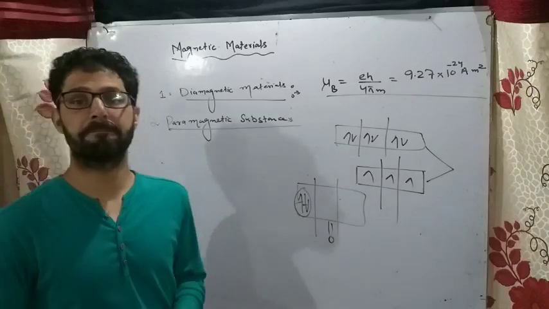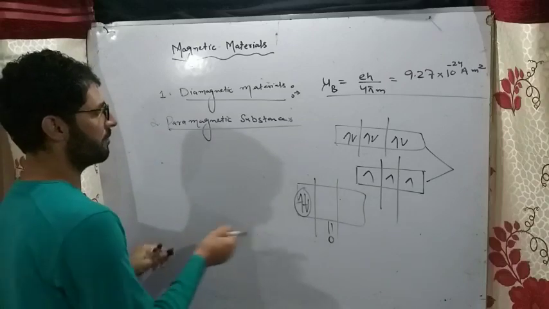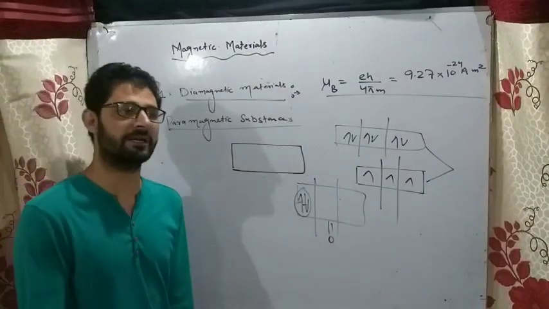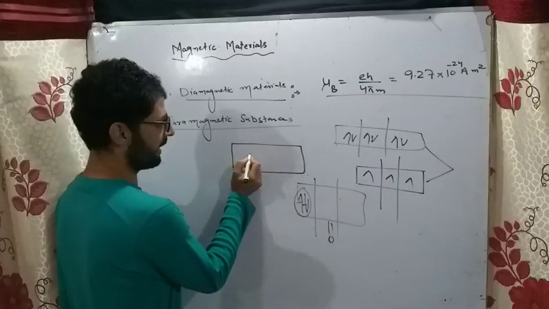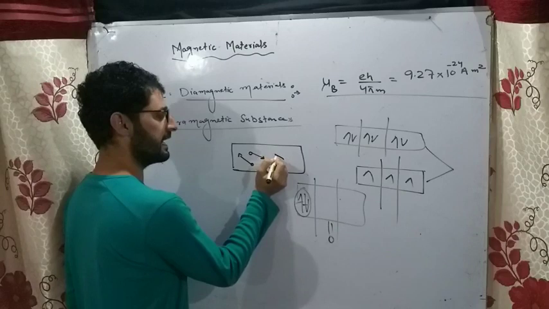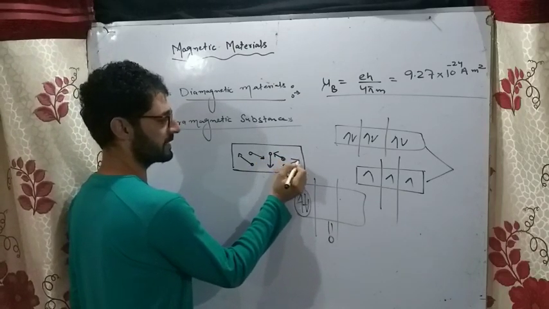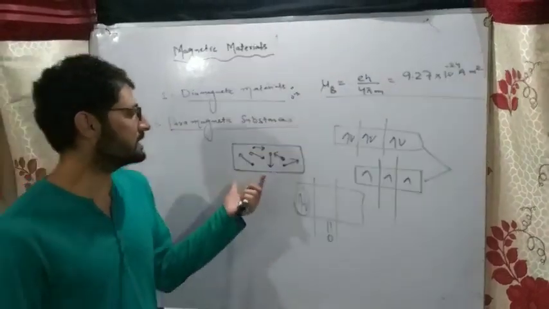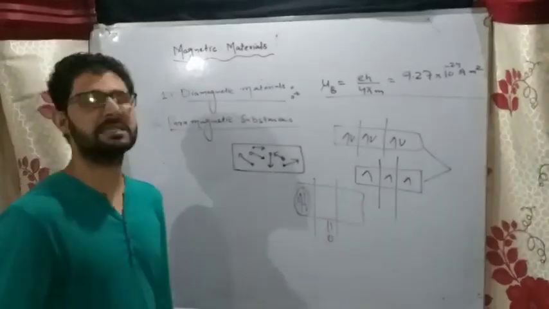कैसे बिहेव करते हैं. The atoms and molecules of a paramagnetic substance have net magnetic moment, but they are randomly oriented. These moments are randomly oriented, so it makes the net magnetic momentum zero. For example, this is a strip of paramagnetic substance. So in absence of external magnetic field, these magnetic moments are randomly oriented, and so it makes the net magnetic